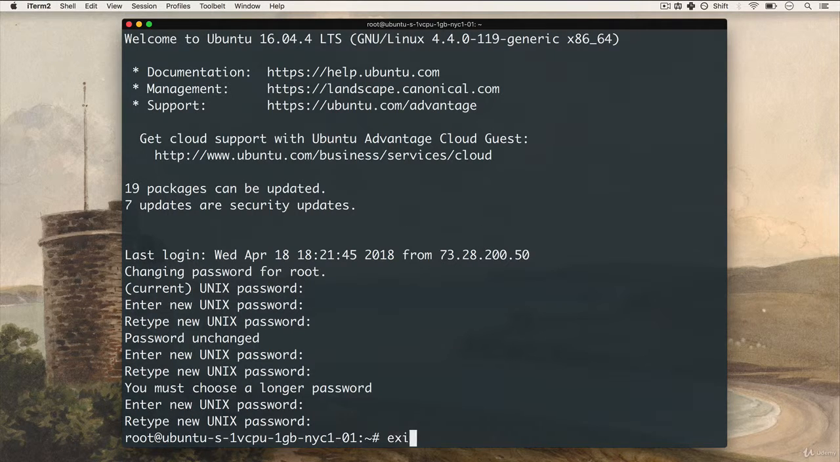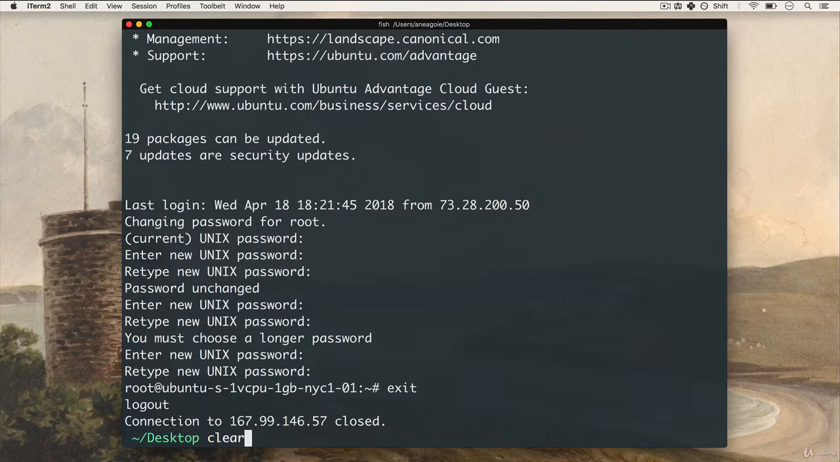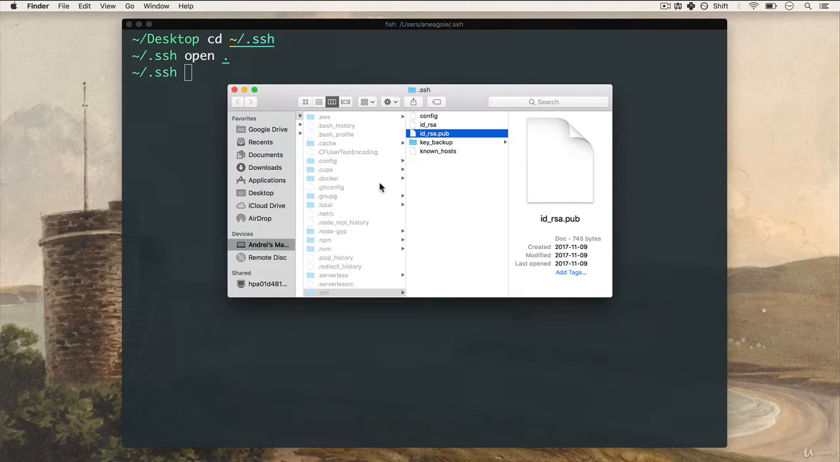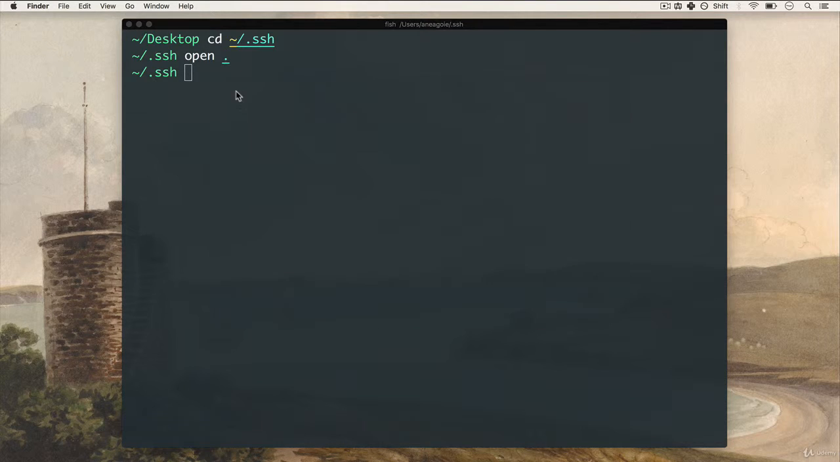So I'm going to exit out of here. Let's clear this for now. And I'm going to go into a folder that should exist on your computer. If not, you may have to create this folder, and the dot in front of it means that it's a hidden file. So you may have to allow hidden files to even be able to see it. But if I just open this, you'll see that it's just a folder like anywhere else on my computer,